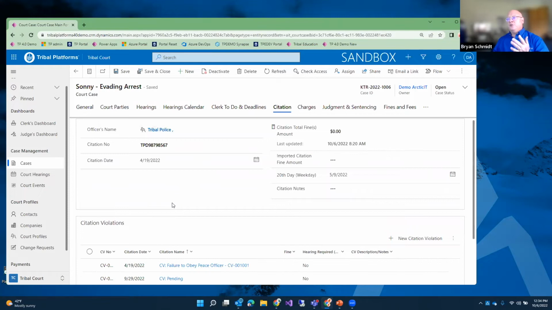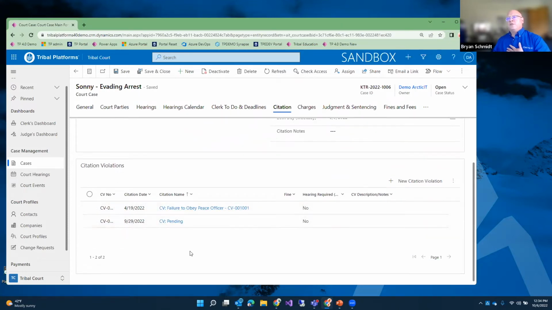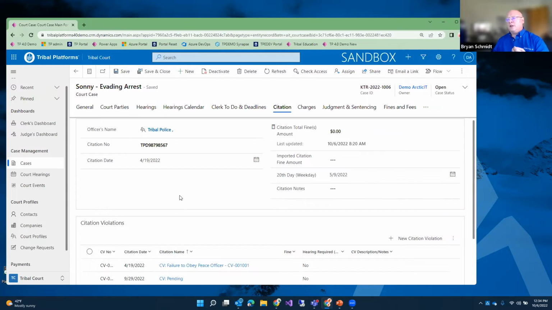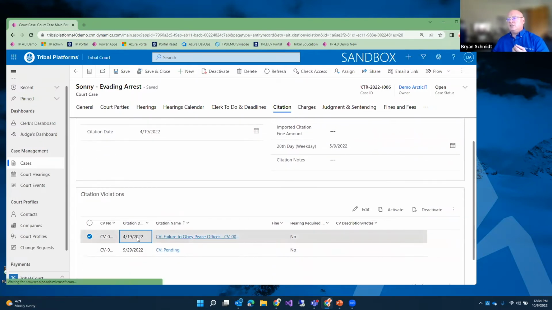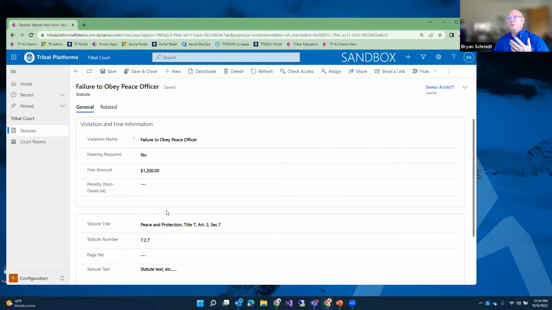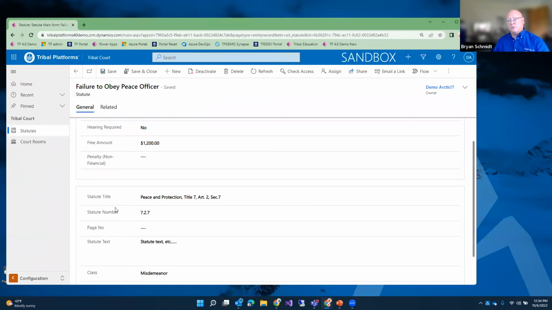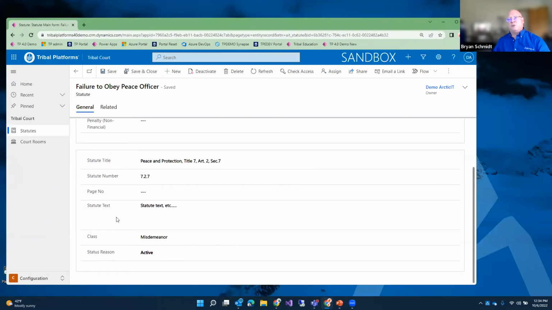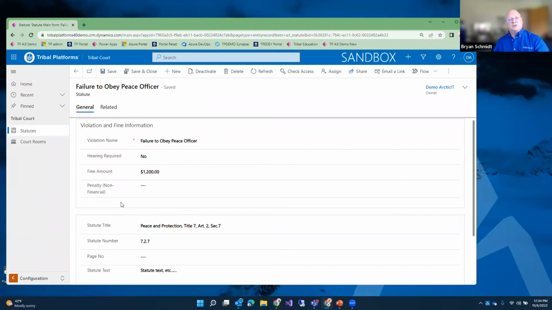But then what this can then do is capture all the different citations that were involved. And one point that I want to make here is that with each of these citations, I can actually create a table of all the different violations that are available, so you can standardize the reporting. Here I can capture the statute that they violated and update the information. What is the recommended fine amount, or is there a non-financial penalty involved, such as community service and so forth. But this can capture all the different details around that violation and make it a reference for your court team.